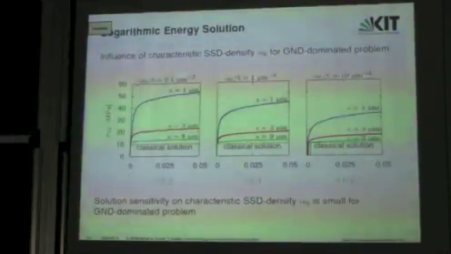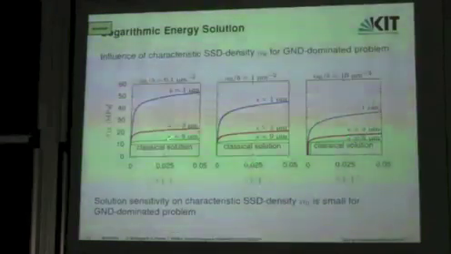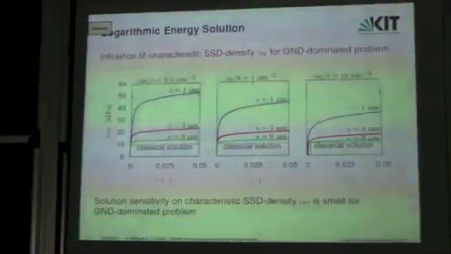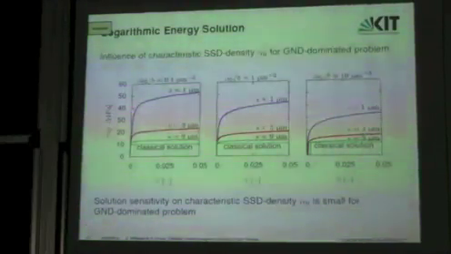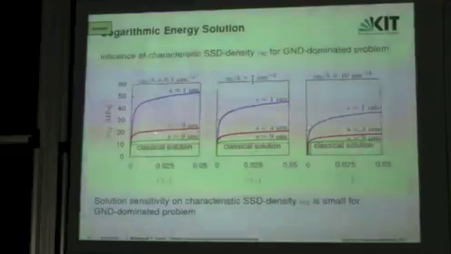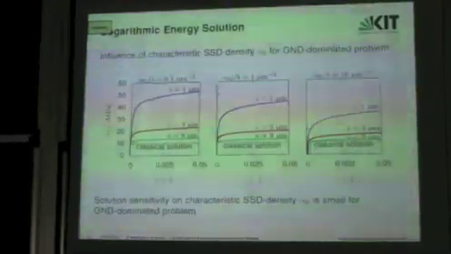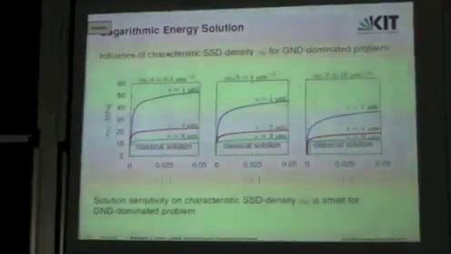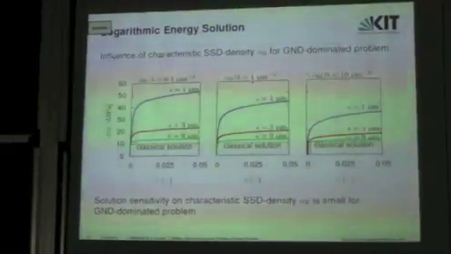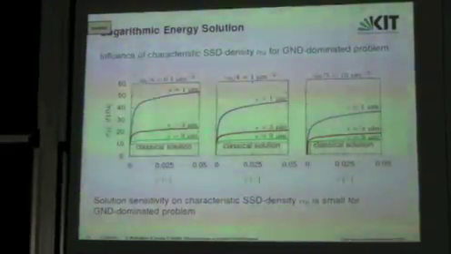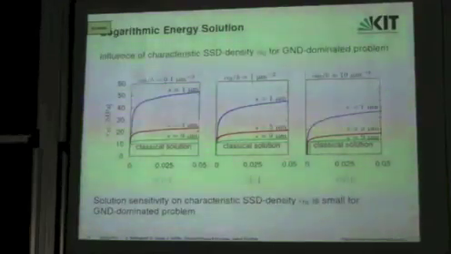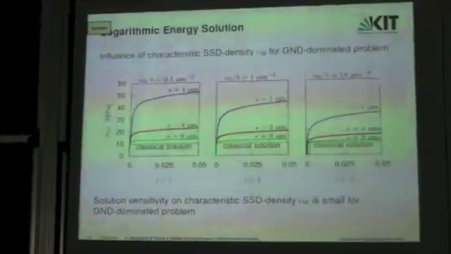So if you really have only a rough idea of your SSD density, you might only guess the order of magnitude correctly. And we find that the results change. There is a dependence, but it's not too strong. So the curves are not too far away from each other, which means that if you have a rough idea of your SSD density, you may hope that you already get reasonable results